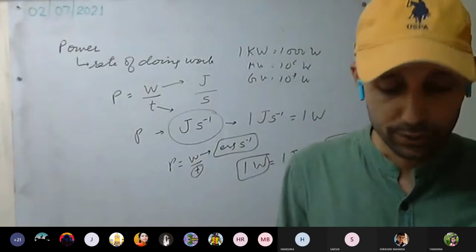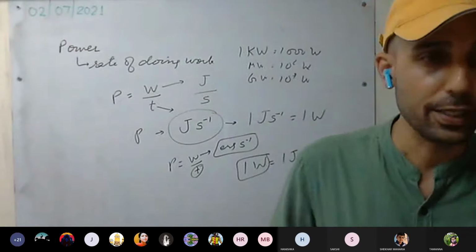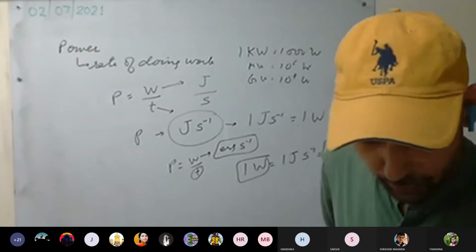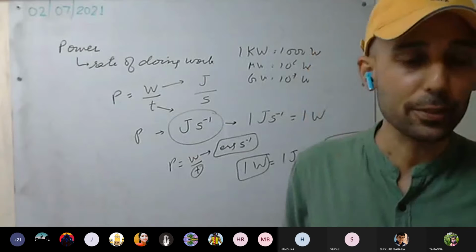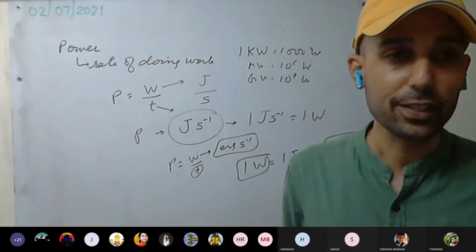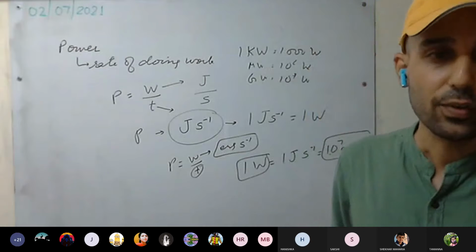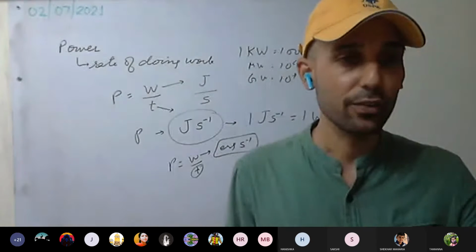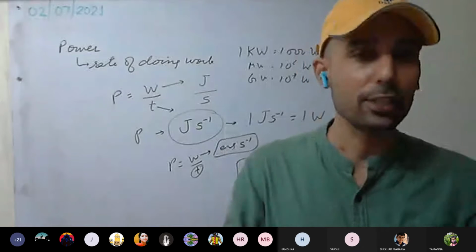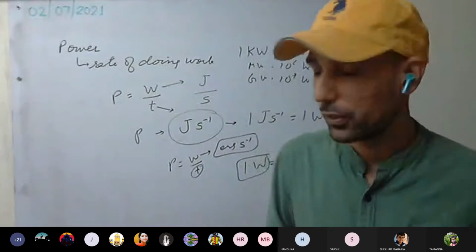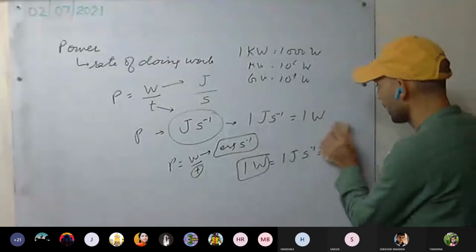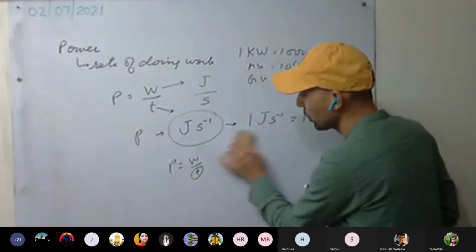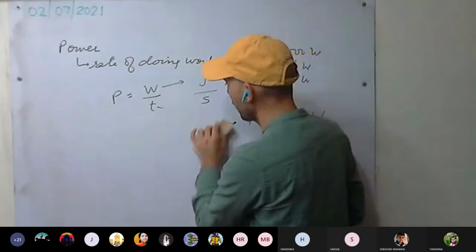There is one more unit of power. If you remember, HP. It's written mainly on your boosters. At home, water pumps are there. Check there. It will be written 0.5 HP, 1 HP, 2 HP, 5 HP, 20 HP. Mainly 20, 21, those HPs, that much horsepower we use mainly in tube wells. At home, you can see one small booster is there. It is written 0.5 HP.